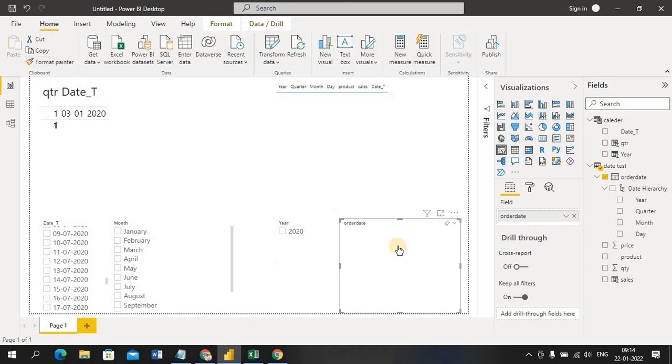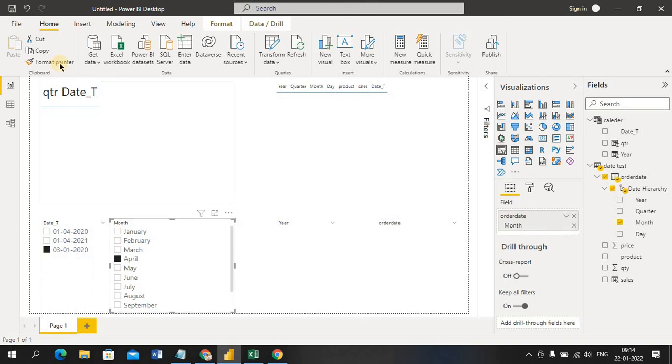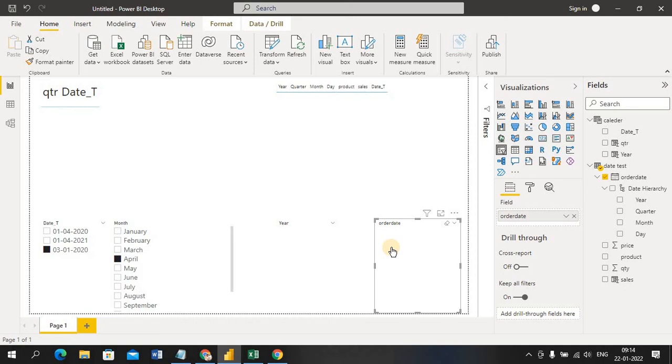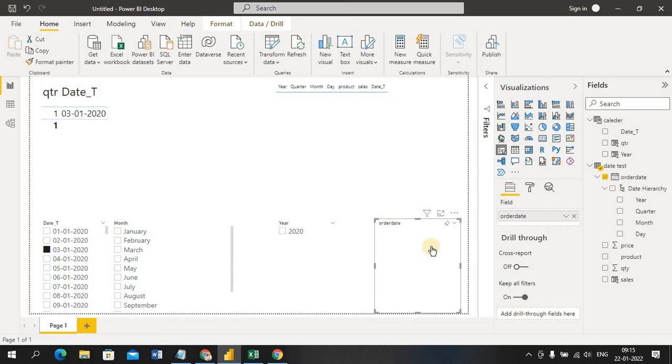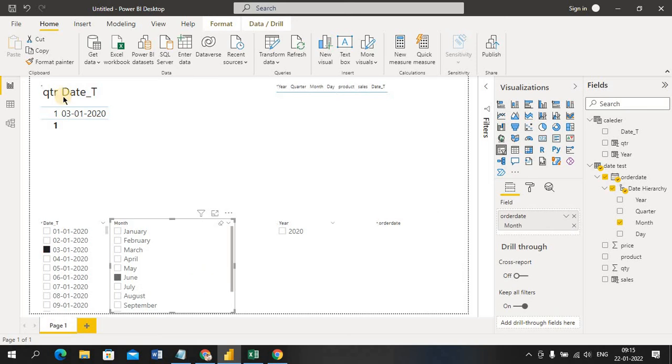The same style it will present for you. So format painter, just apply on this date. Oh, it's not changing. Sometimes it won't.